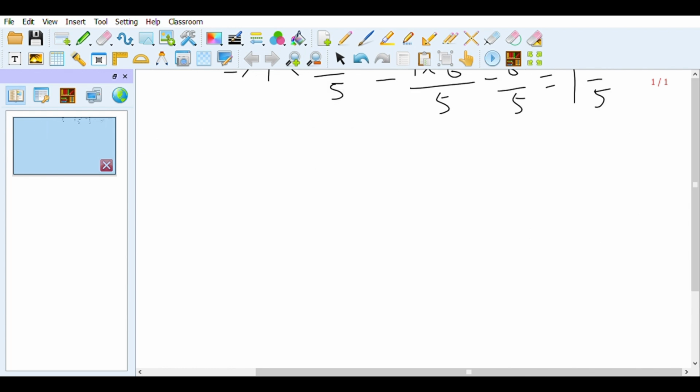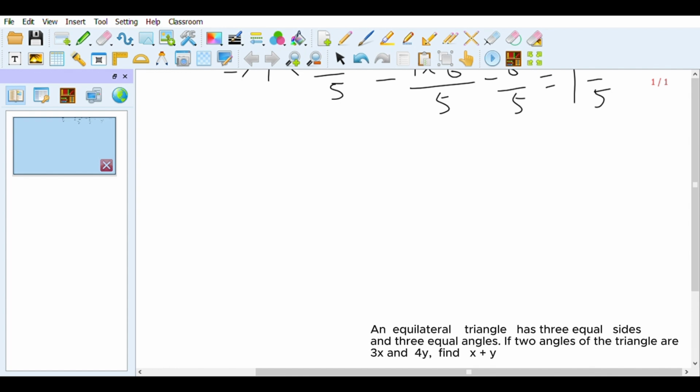An equilateral triangle has 3 equal sides and 3 equal angles. Okay, so if 2 angles of an equilateral triangle are 3x and 4y, find x plus y. So if we have this as an equilateral triangle,